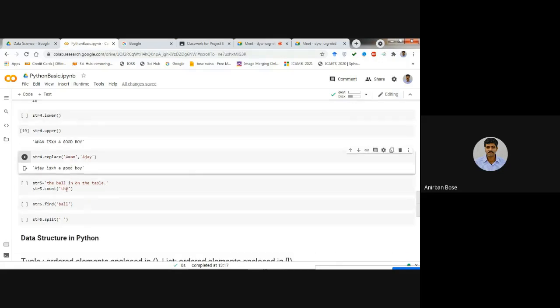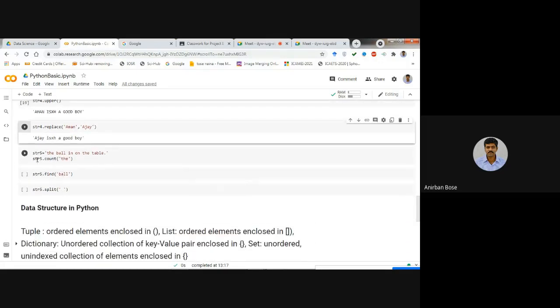How can we do this? Then you see that if you want to count how many times a particular word is there, maybe there is a whole paragraph, and in that paragraph you want to count how many times "the" is there.